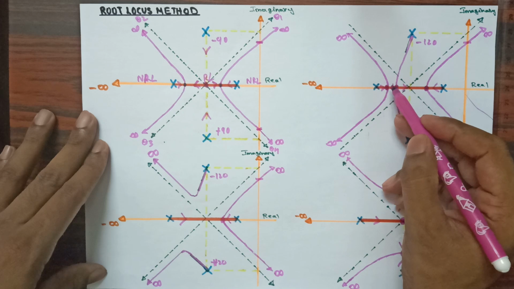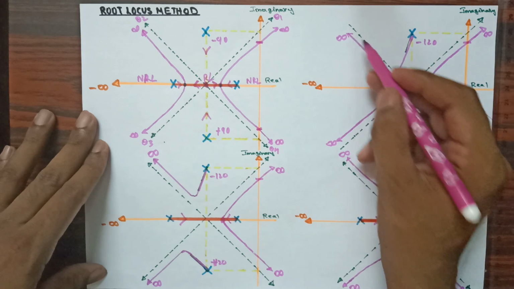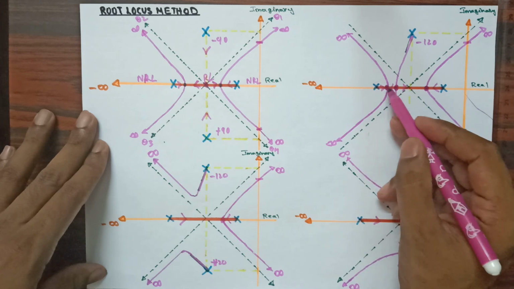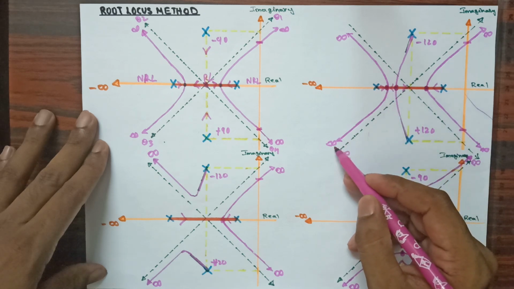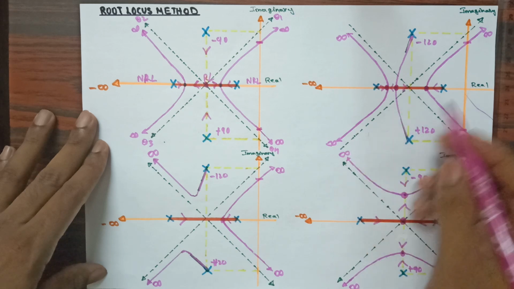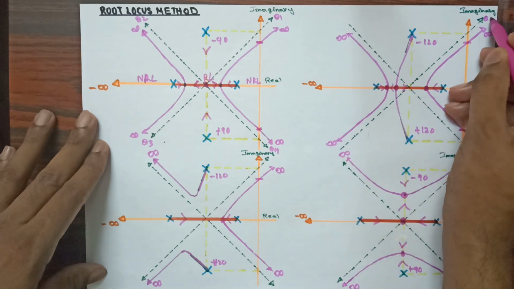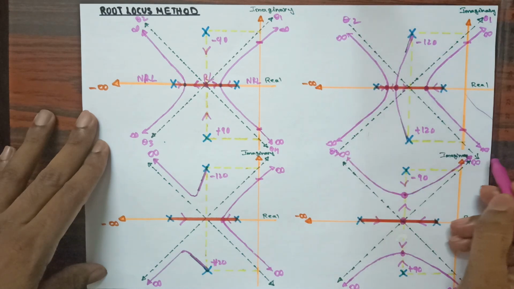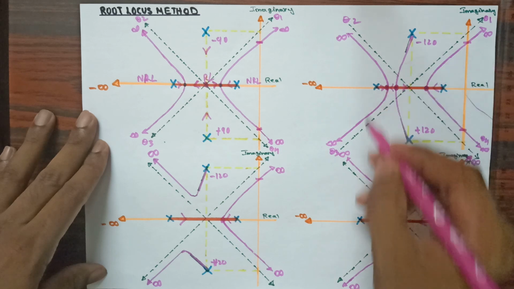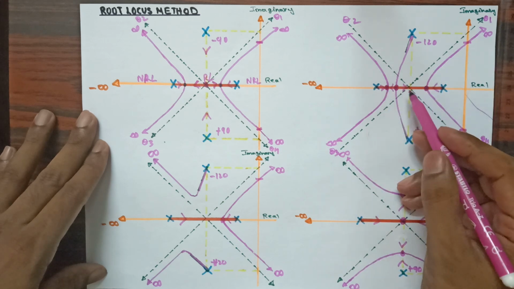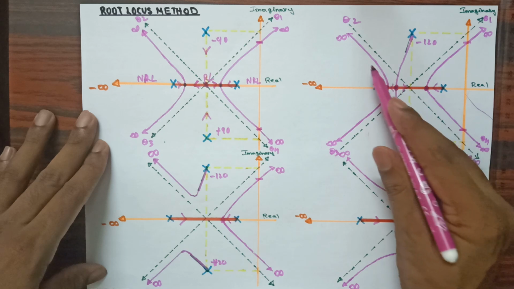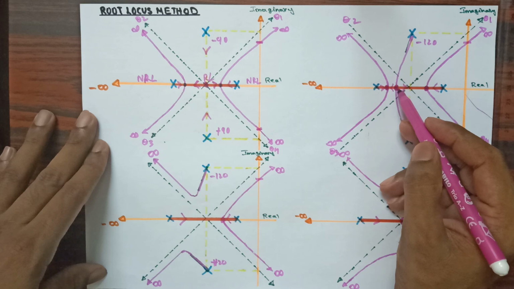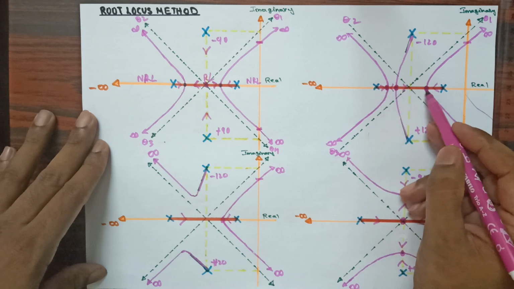Once they meet, one pole will go towards infinite destination by observing this angle. The other pole will move in this direction and towards infinite destination by observing this angle. We know that here also we are getting theta 1, theta 2, theta 3 and theta 4. These are the angles of asymptotes. Now you can see that these 2 poles have moved in this way to infinite destination. 2 poles have moved towards this point. One moved in this direction and one moved in this direction.